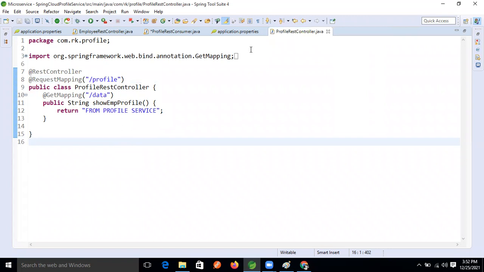I'm having one query. With the same service name, are multiple instances existing in the Eureka service?